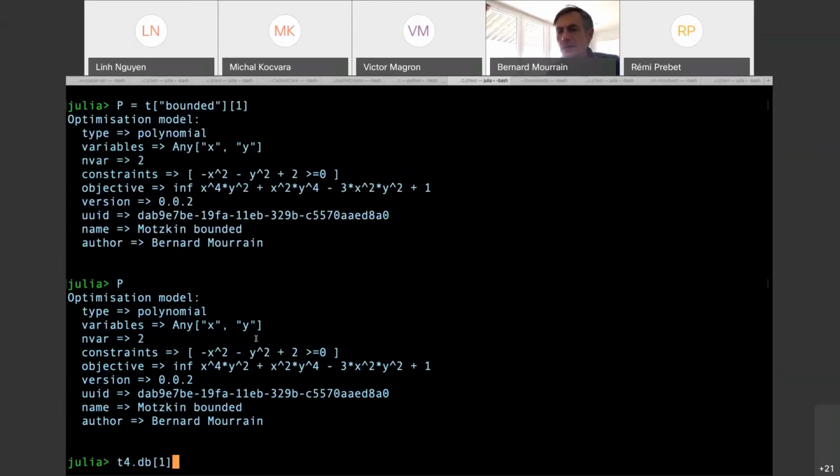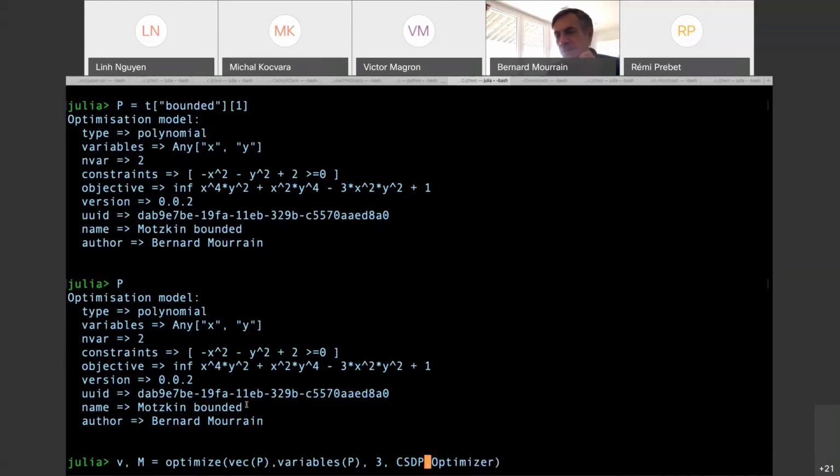And now we are going to solve it. So I'm using the solver of CSDP. Optimize is a function of the package MomentTools.